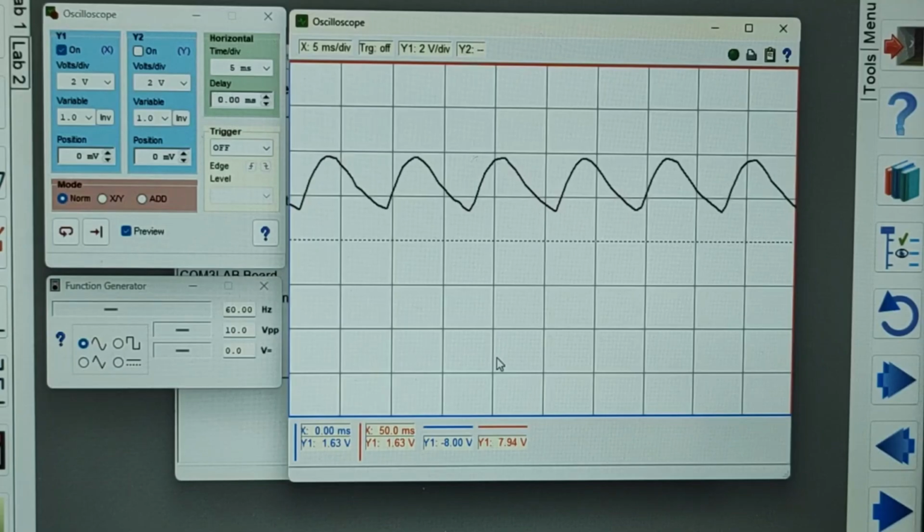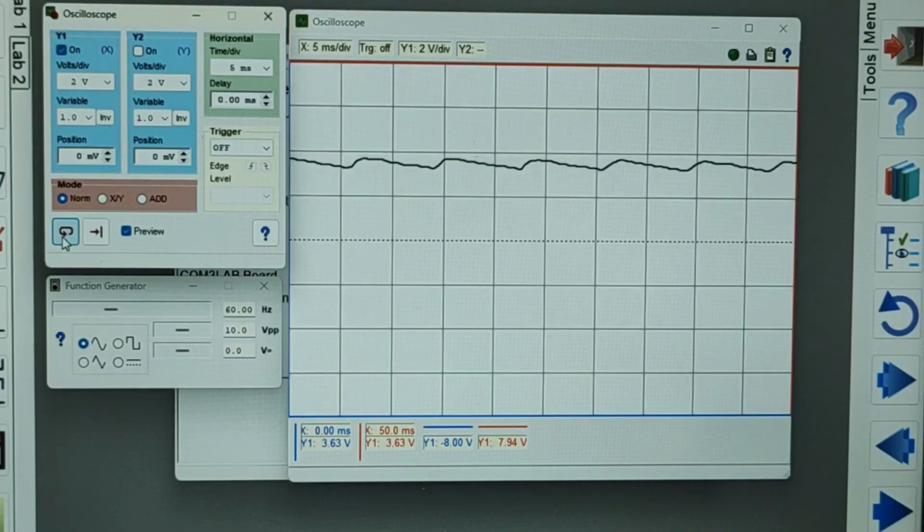Let's generate the output waveform this time around. Here. Now, you can compare the one before with the 1 microfarad capacitor with this one with the 10 microfarad capacitor. You can see now that the output waveform is flatter, meaning the ripple voltage is smaller.